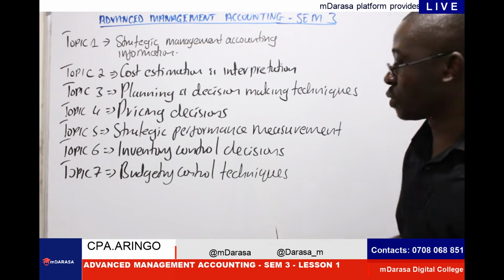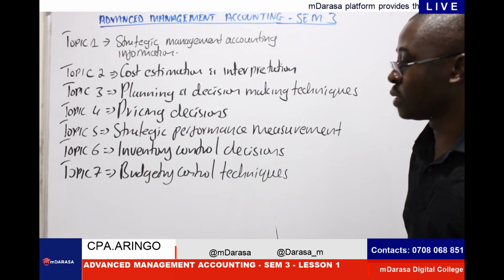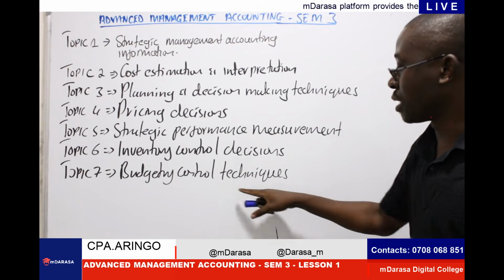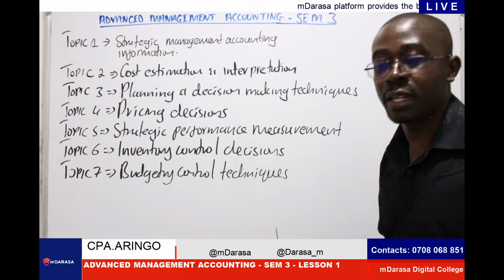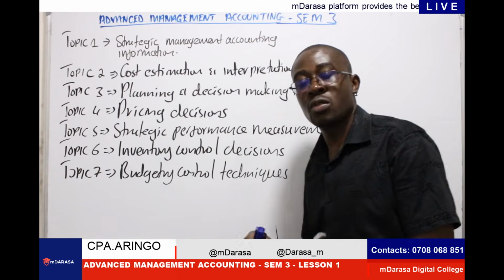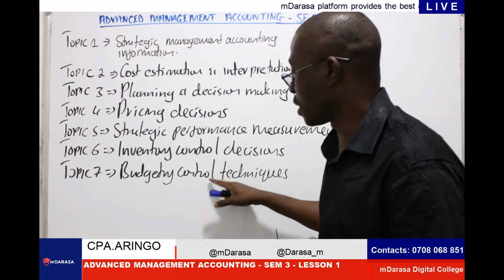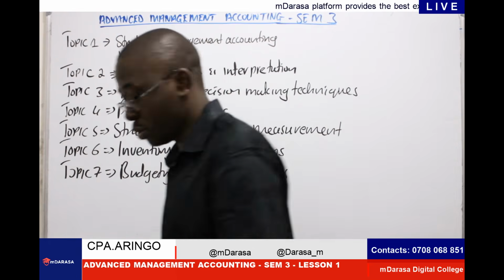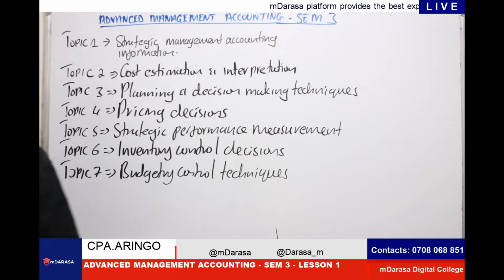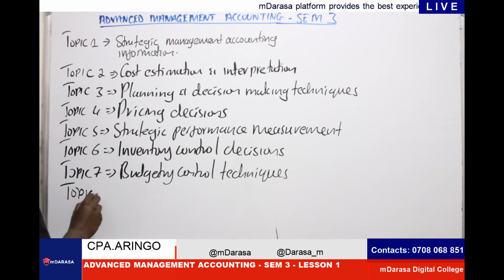We talk about flexible budgeting. So these are the items that will stand out here, including, at this point, the concept of variance analysis. And in that case, we'll also be looking at the advanced variance analysis concept. So that is what we'll be handling at that point. This should take us to topic number 8, which is our last topic.